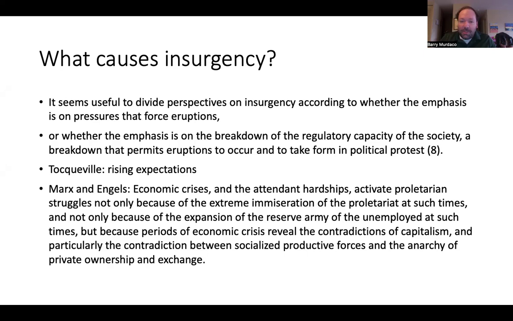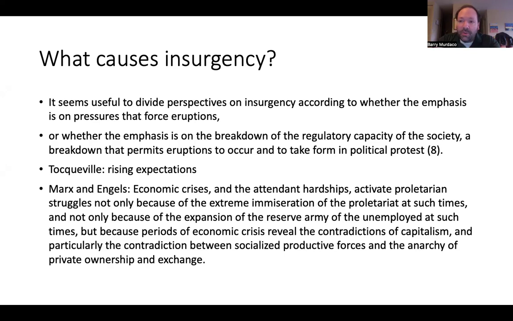So it's almost like people get a little bit of a taste of something better, but it's not good enough, and it then incites people to demand more. That's actually a little different, if you think about it, than the idea that things are just getting worse and worse and worse. This line of thought says no, things are actually getting a little bit better, just not as much or as fast as people want it to happen. So that's one school associated with Tocqueville.